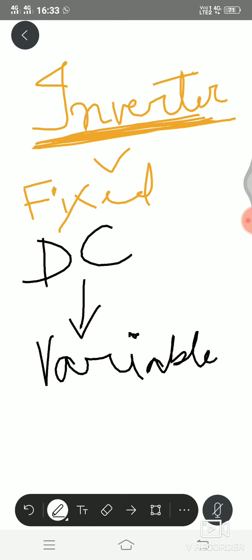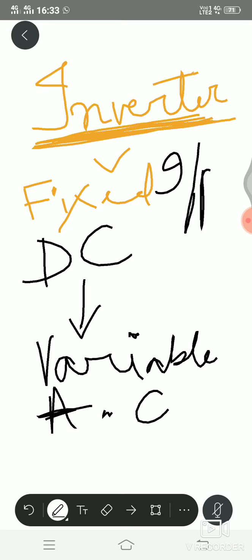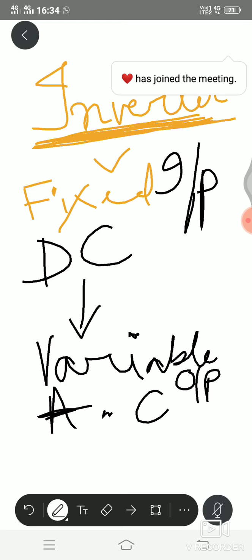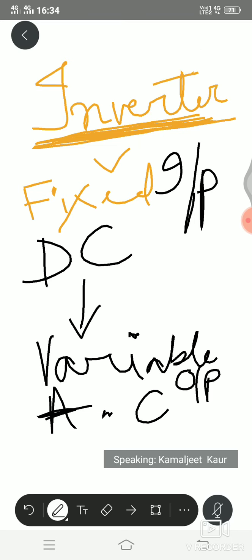variable AC output voltage. So fixed input DC voltage to variable output AC voltage. Okay, so it converts DC to AC: input is DC and output is AC. Like in our houses or homes, almost all of us have got an inverter. Okay, so